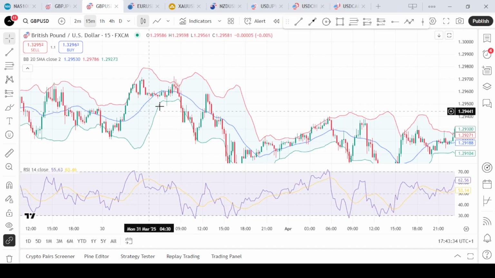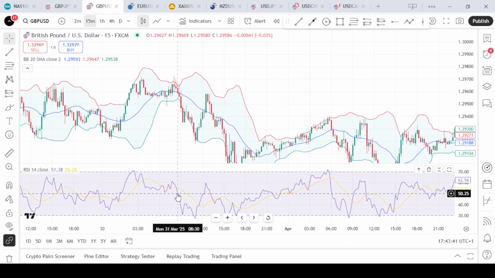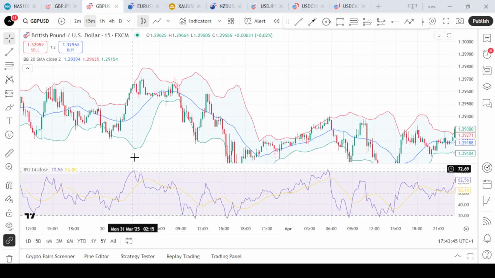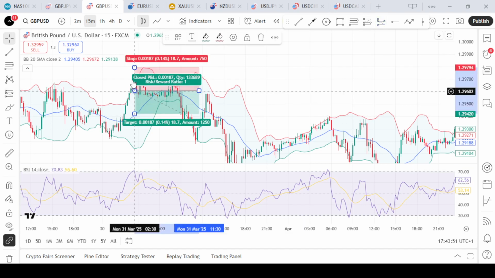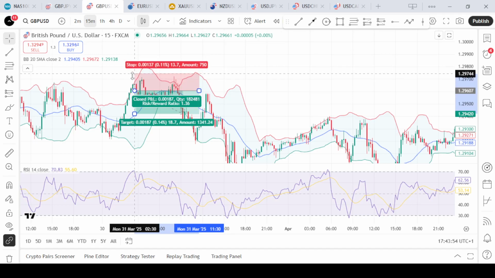We can also exit our trade using our RSI. The moment we notice our RSI cross back to a neutral territory. Neutral territory is from the 50 region. In terms of a selling position, remember we are looking for price to be above 70. The moment price is above 70 at this area, we enter after our confirmation, stop loss above the previous swing